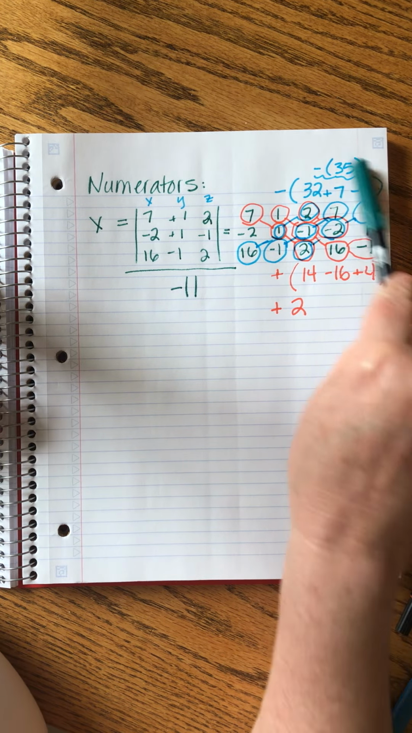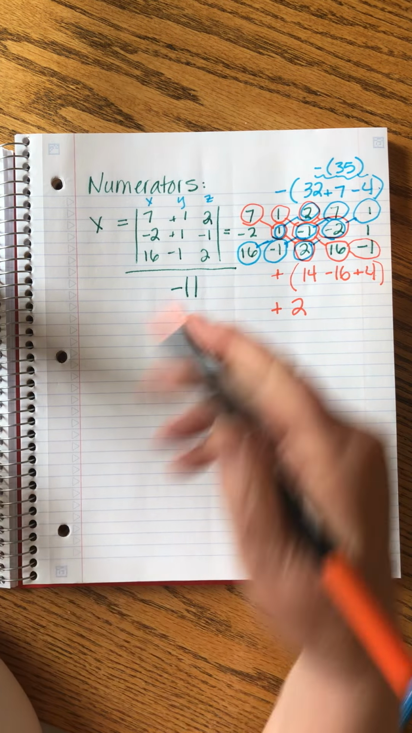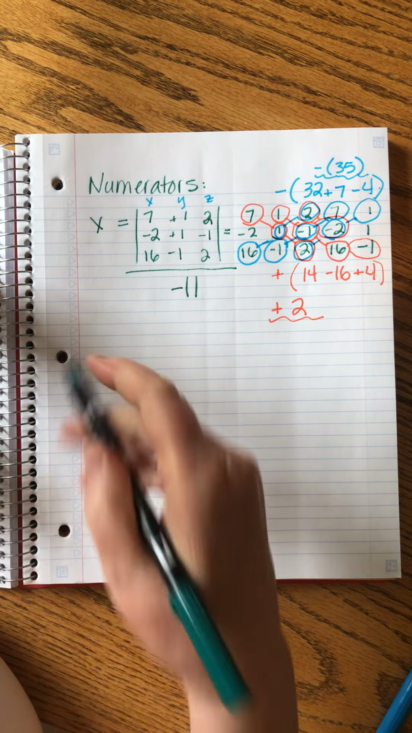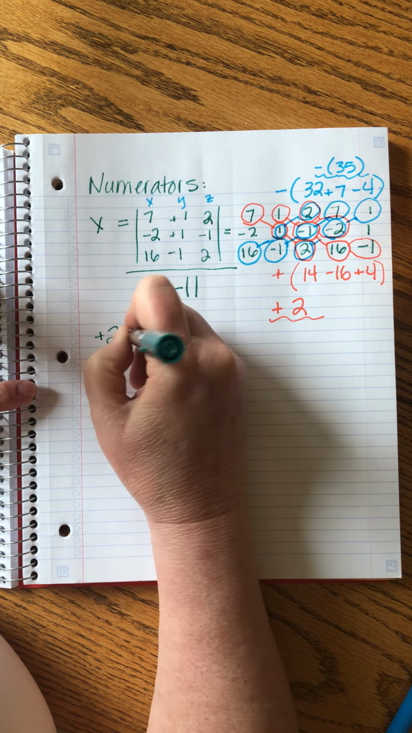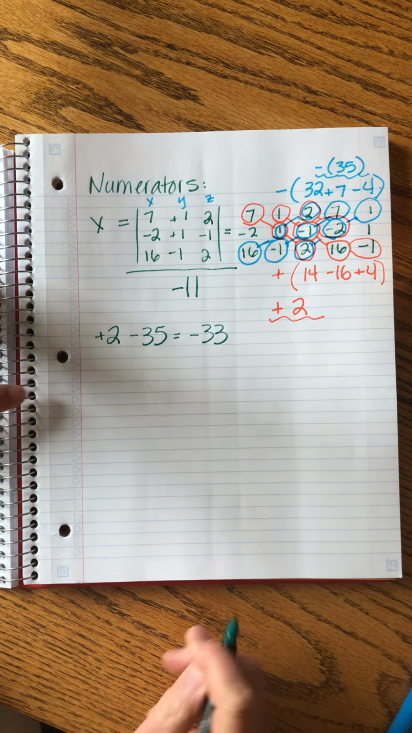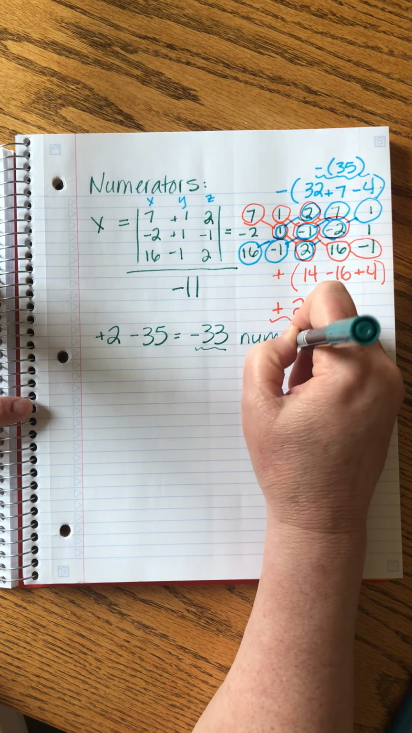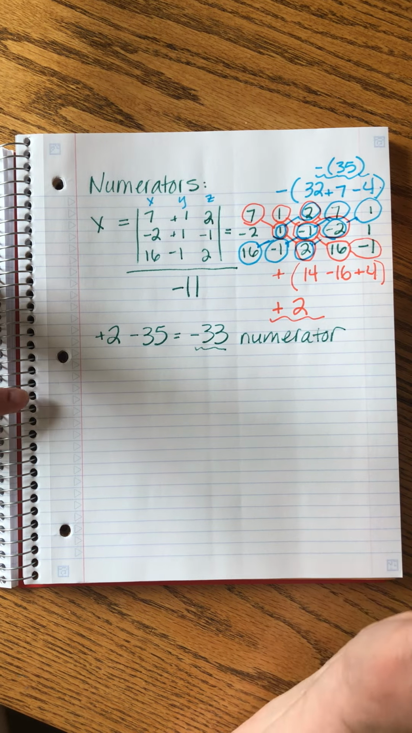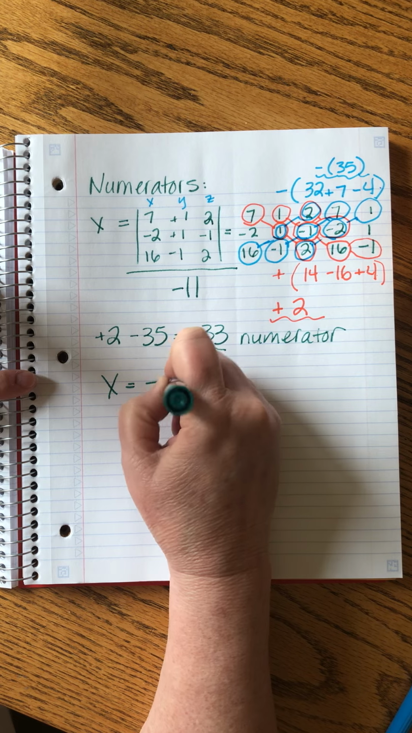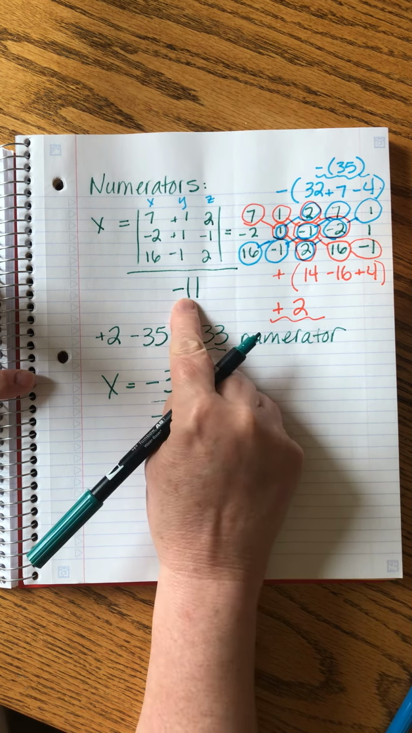So now, to put these together, this is the sum of all of the ups, and this is the sum of all of the downs. So I put them together as plus 2 minus 35, and that equals minus 33. So this is my numerator. I know, it's so long that you think, what am I even doing? I don't even know. So now we can write x equals minus 33, my numerator, over minus 11, that's my